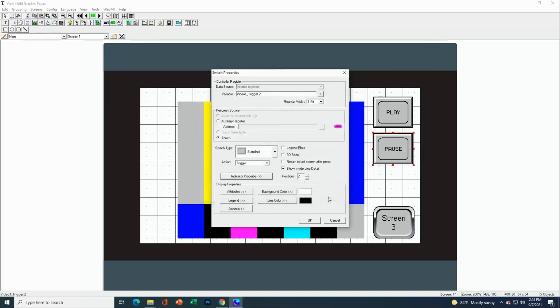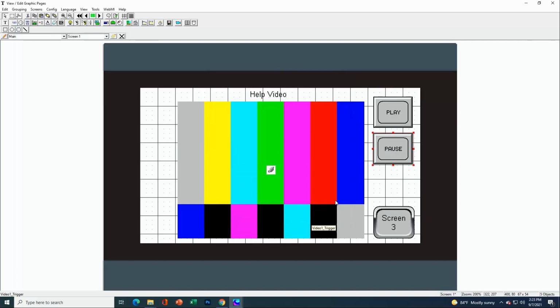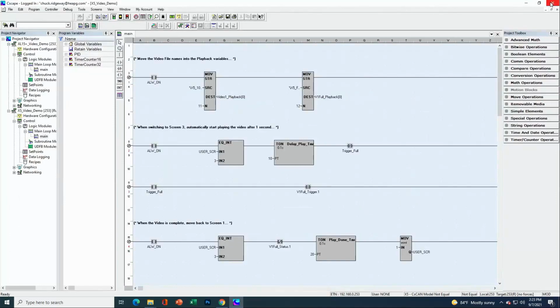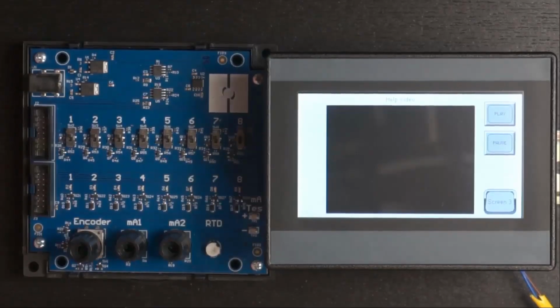That's pretty much the only control that you have with the XL series as well as the X5. So let's go ahead and take a look at what that looks like at runtime. I'm going to switch over here to my X5. The reason that the video object is black is because it's currently not playing. So if I were to go ahead and